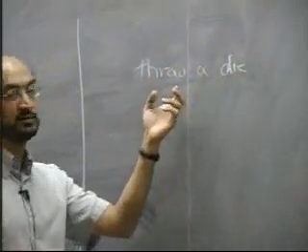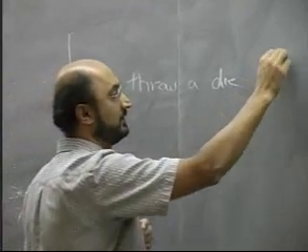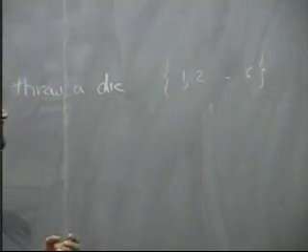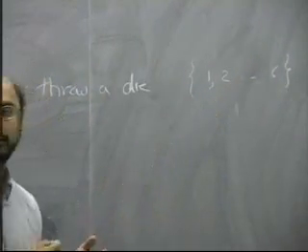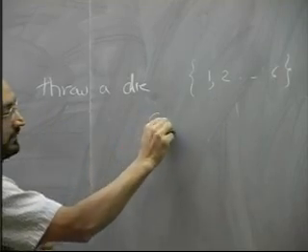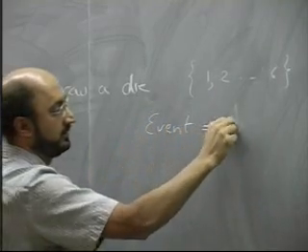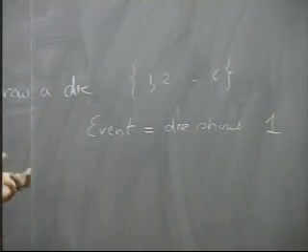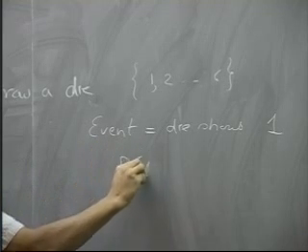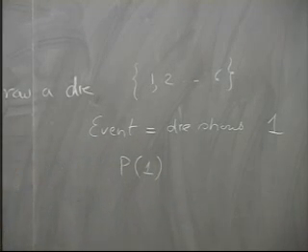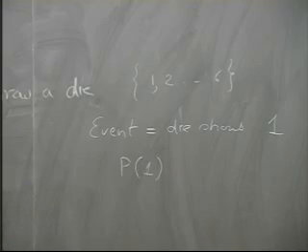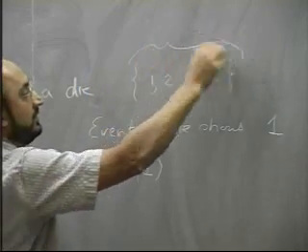Now, it doesn't mean that this is a fair die. It's just a die with 6 sides. So the sample space is just 1, 2, ..., 6. So it's a set of 6 elements, and the event is, for example, the die shows 1. That is the event, and of course we can just shorten it to P1. That's the probability of this particular event. If it's a fair die, its probability here is 1/6, but it may not be a fair die. We don't really care. I just want to show you the notion of a sample space